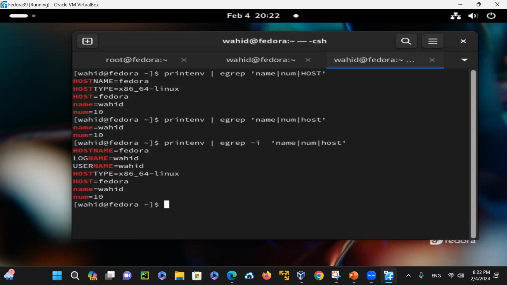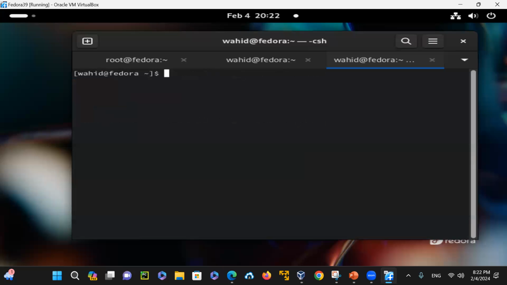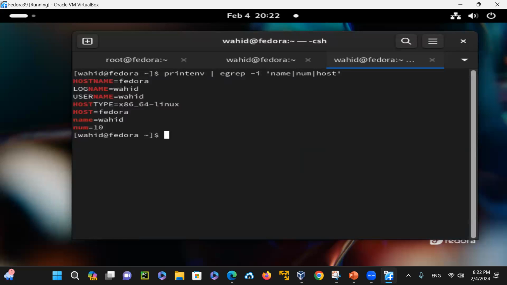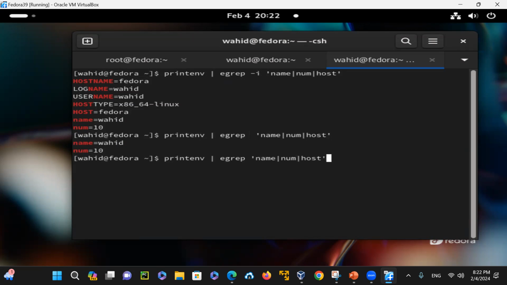So if I just did this one, I could also pick up, let's say I run this command, and then I say, well, those are the variables, but I'm looking not for the rest of them. I want to show you a simple one just to match those ones, because it doesn't match the host. So I'm going to get out of this one, and I say, okay, let's do this up, and then say